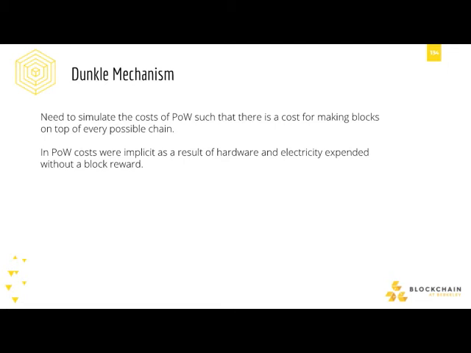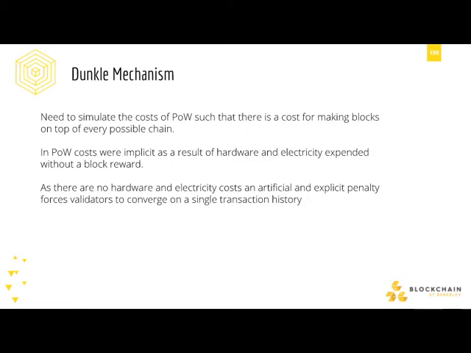So in order to simulate the implicit costs of hardware and electricity in proof of work, it's made explicit in this form, in which if you've contributed to any blocks or any chains that just aren't included eventually, you will receive the cost for everything that's not included. So that is again making these costs from proof of work that were implicit, explicit, because they're artificial in this case. Any questions about that? By cost, you mean a penalty, right? Yes, penalty.